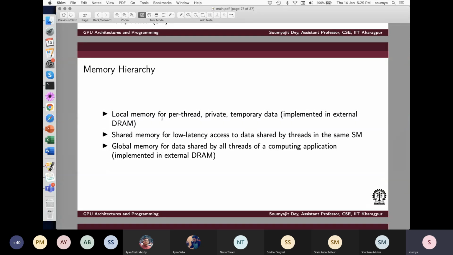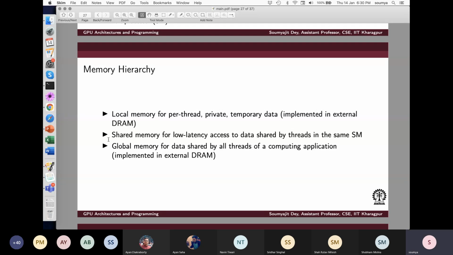But that is not about the entire DRAM. There will be some parts of the DRAM which will also be assigned specifically to each of the different SPs for their own usage. Suppose you have defined an internal variable, and for that there is some local memory in the DRAM. After you access it once, if there is some space in the register file, then some of it will come to the registers through the cache hierarchy, and you will eventually get it in the registers assigned to each of the SPs.